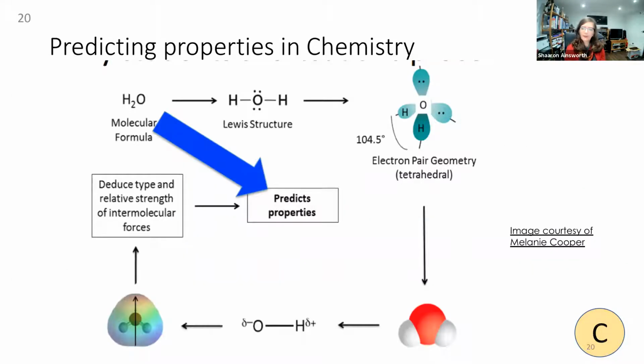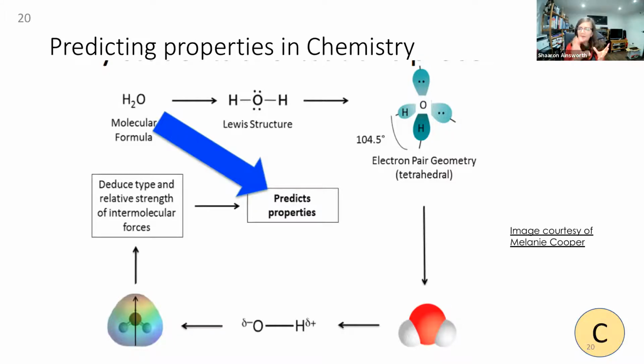And this is an example from chemistry, and I apologize for the fact that a lot of these aren't drawings, but I've taken the slide from my friend Melanie Cooper, who's a chemist in the US, although originally from Manchester. And she says to reason about properties, to go from a molecular formula to predict the property of something,